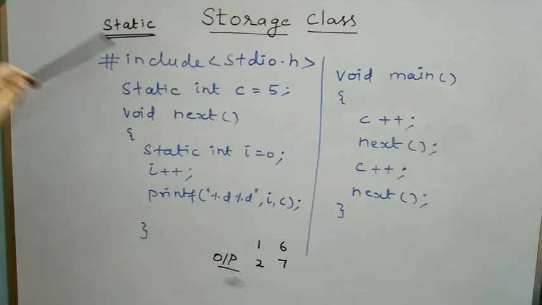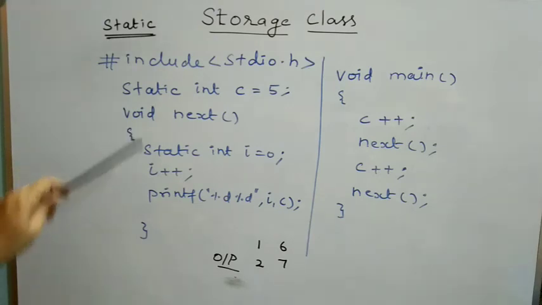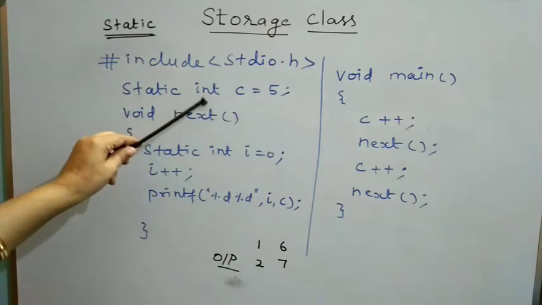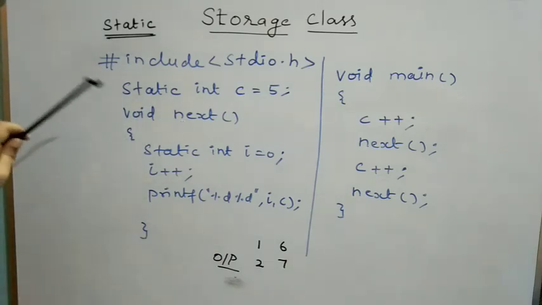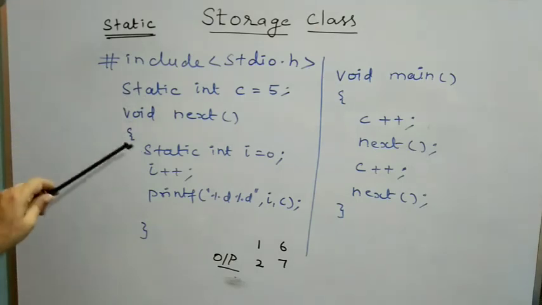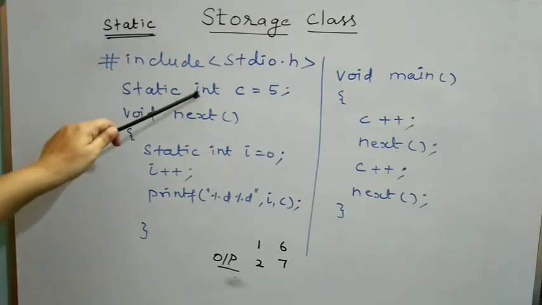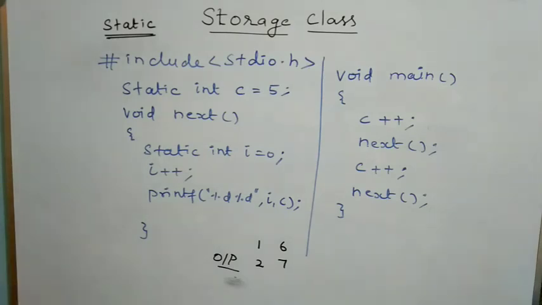So when I define the variable to be static, if it is not initialized, the initial value is 0. It is stored in memory which is shared among all the functions and blocks. Memory is allocated to the static variable once, and it is shared by all the functions. It can be defined either within the function or outside the function definition. In case it is global, it is outside the function definition. When it is defined within the function, it will be local to that function.